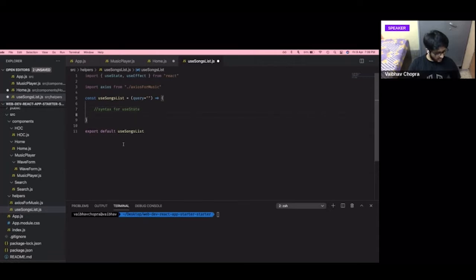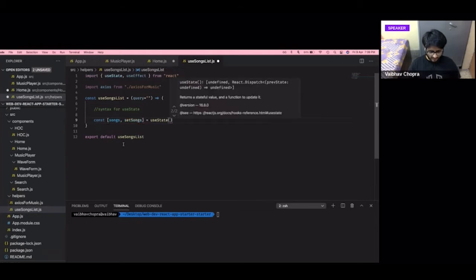Okay, this is a very standard syntax which you will see being followed in a lot of tutorials. You have to use state, and here this will have songs and set songs. Okay, and this will initialize as an empty array. So what does this line of code mean?